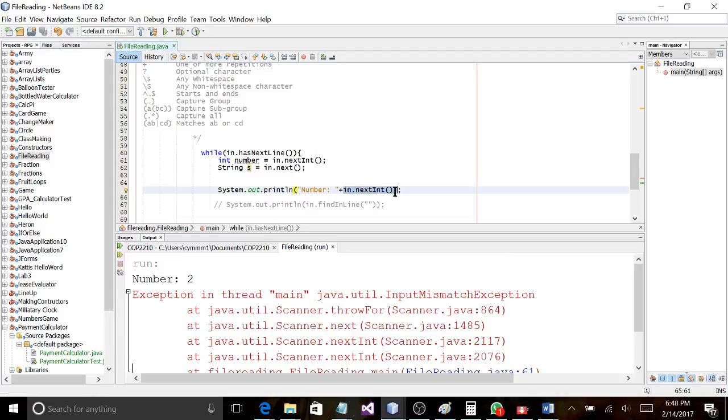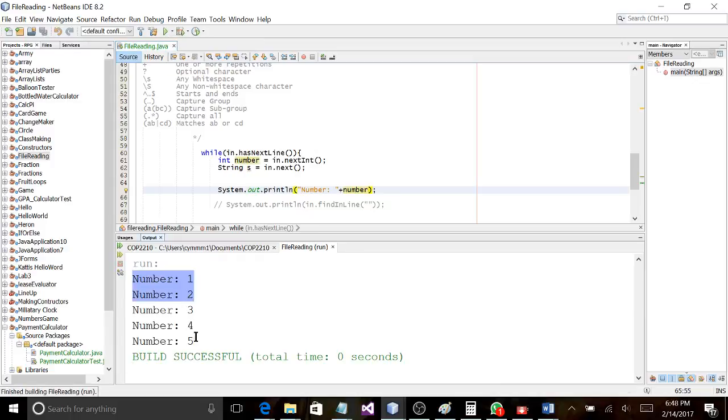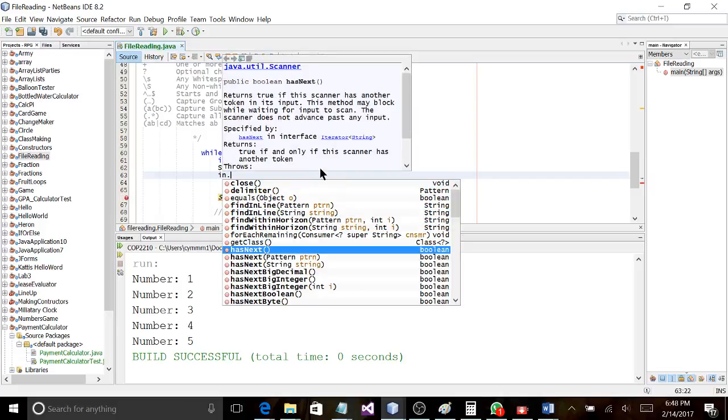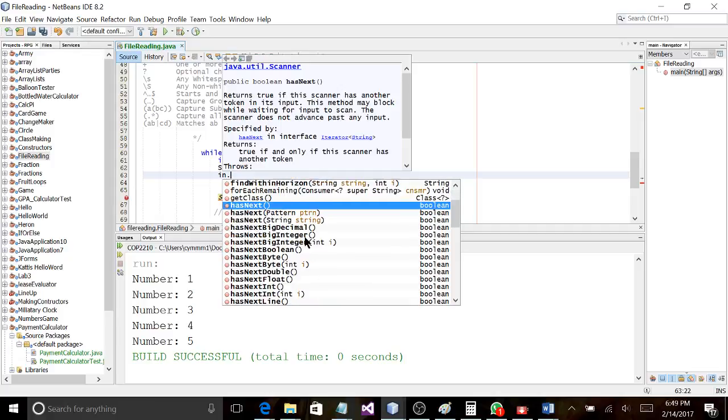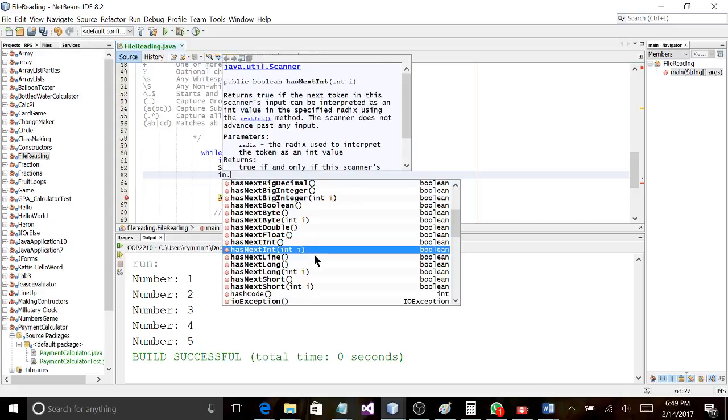Oh, fail. Number, and it just reads number 1 2 3 4 because it reads what s is, but it's not doing anything with it. The reason is because in.next, yeah, it has to read if it's a token. New line spaces don't have tokens. It's just reading like if we do a